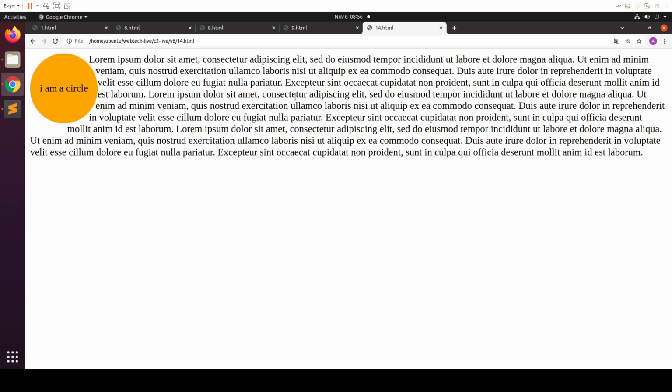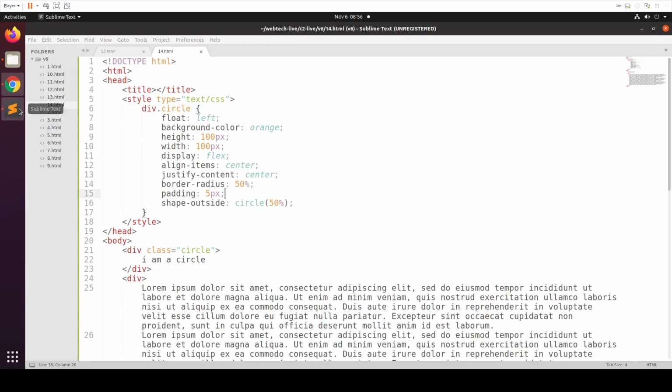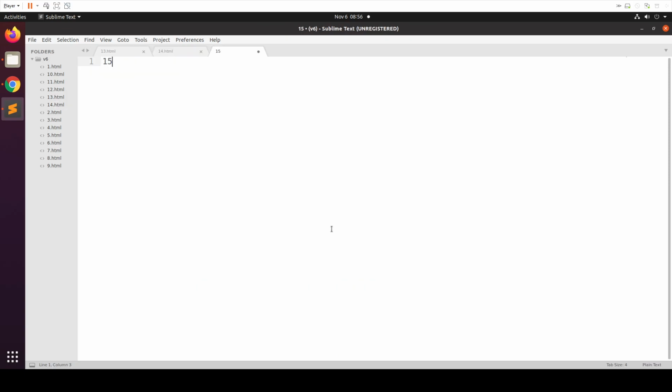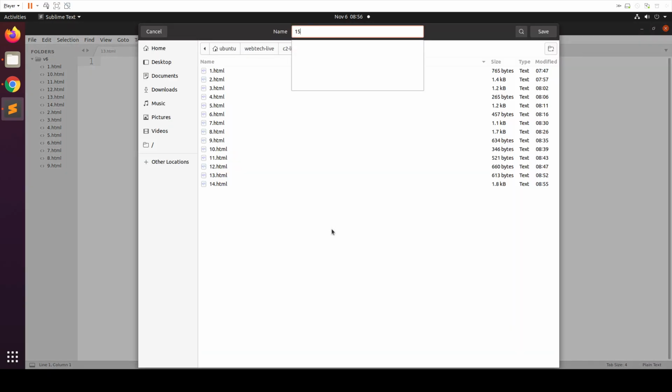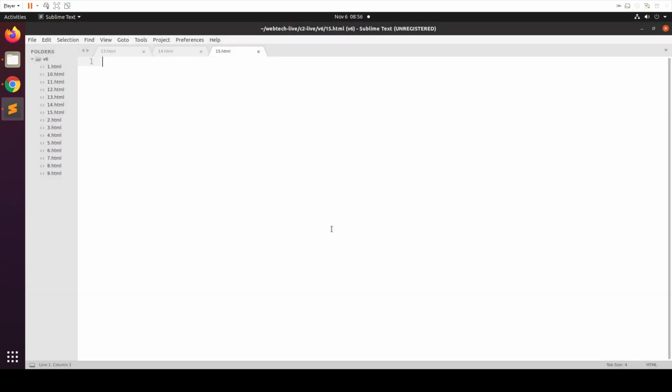Now we could do this with the max width, max height, etc., but we have a more modern mechanism. So what we want to do is build our own little card. If you know how card displays work, this is going to be a card. So first, let's just